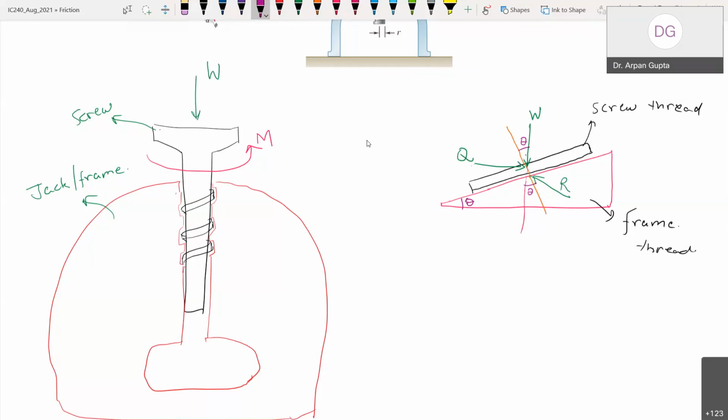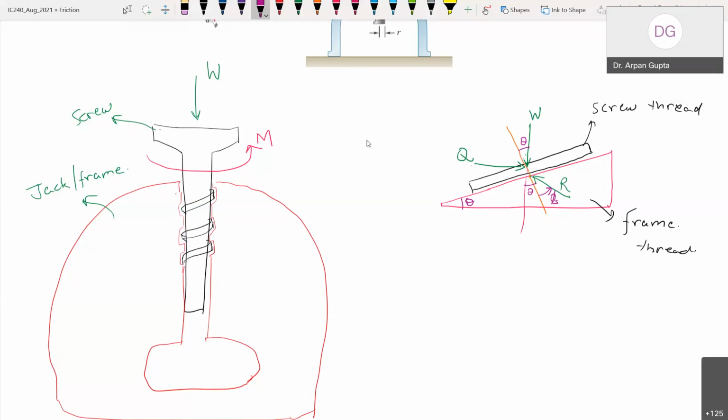Now, in the limiting case, when Q is very large, so that we are just about to overcome the friction, the resultant will have moved to its maximum position phi, more specifically phi s, as we have seen in the review as well as in the last lecture. In the limiting case, the resultant will move to the maximum possible angle phi s, and now the system is in equilibrium. Before we go ahead, let's see what these angles theta and phi are.